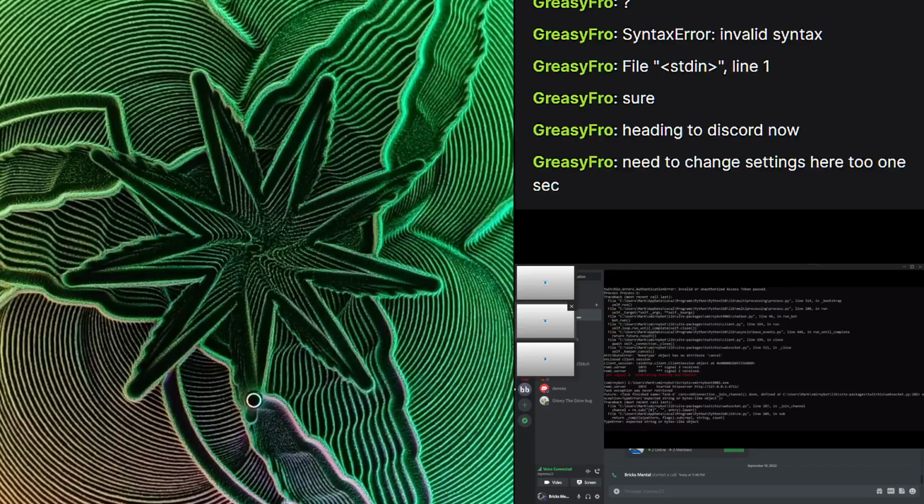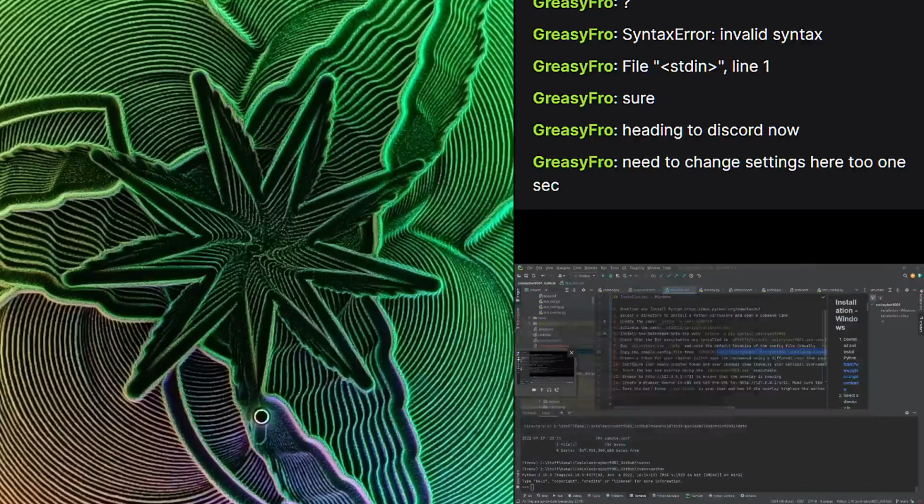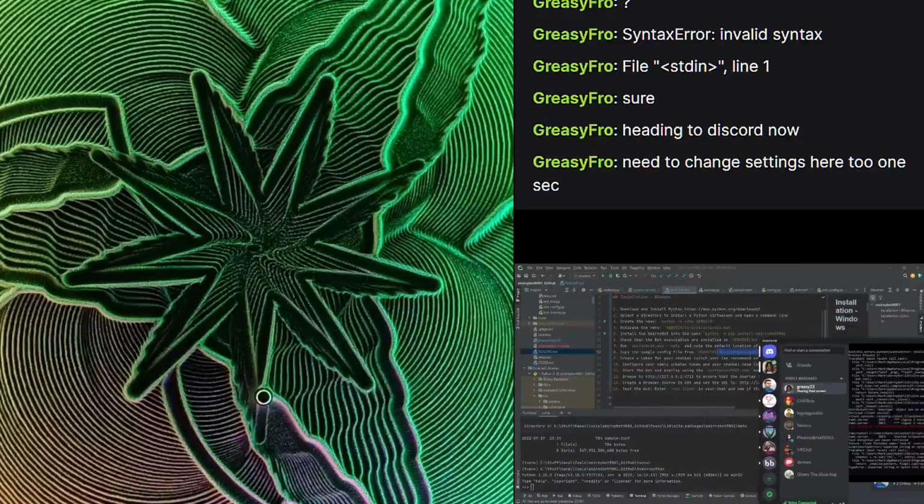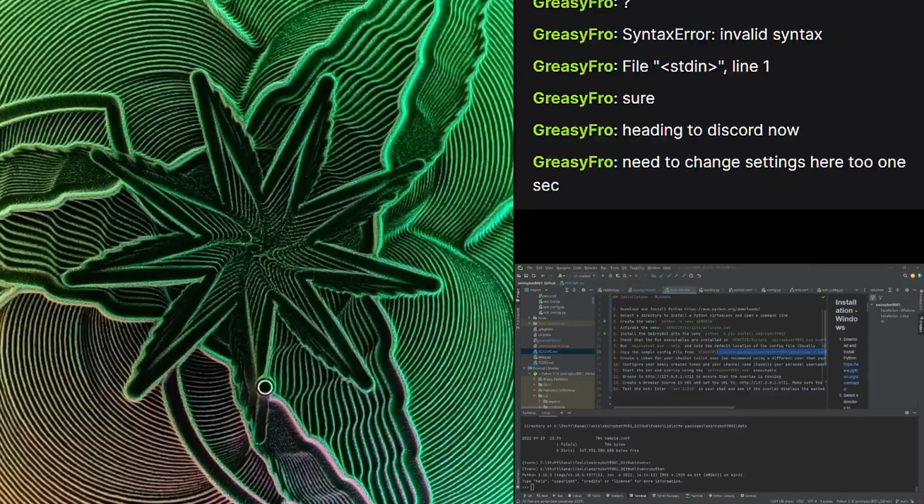Hmm. The problem is I would need to see the config file now, but I cannot see it with the token inside of it. Oh wait, I don't have to show your screen. You can show me the config file, but I'll have to move you off screen. Just a second. Okay, so now you can show me your config file.